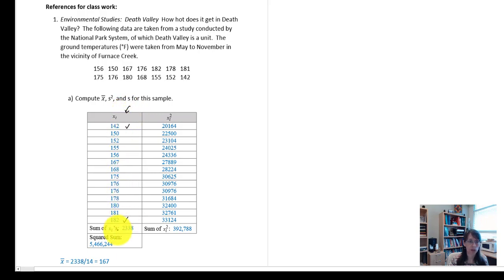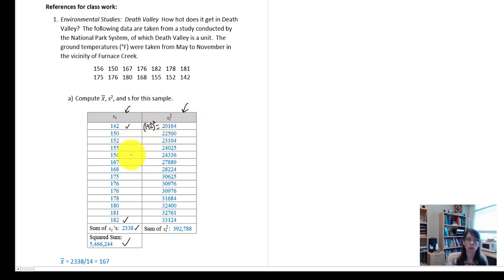When we add those x values, that is the sum of x. 2,338 is the sum of the x values. When we square 2,338, we have 5,466,244. That is our squared sum. In our next column, that's reserved for the x squares. Remember from the previous video, we are taking our x value and squaring it. So in this case, 142 will be squared, and that equals